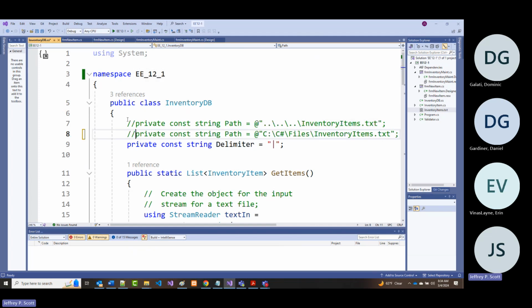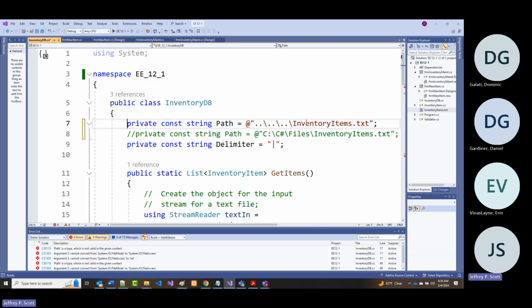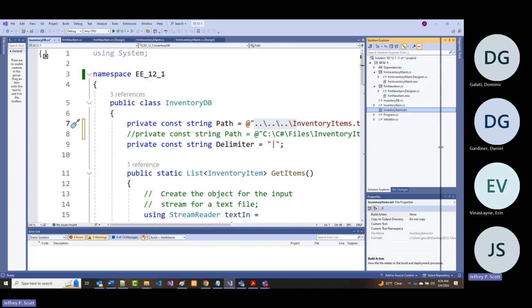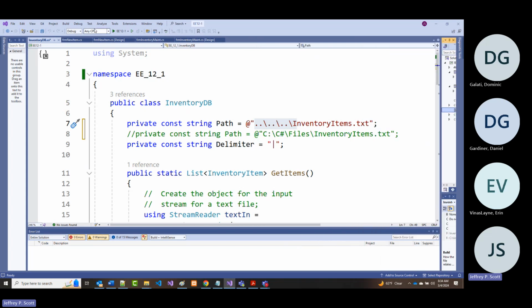But what we could have done is, you have to play with it a little bit to figure out where it is, but this says go up 3 levels. And it's right here. It's the .txt file, the one I just showed you. It's in here someplace. Right there. So should you care, I just want you to see that if I run this,